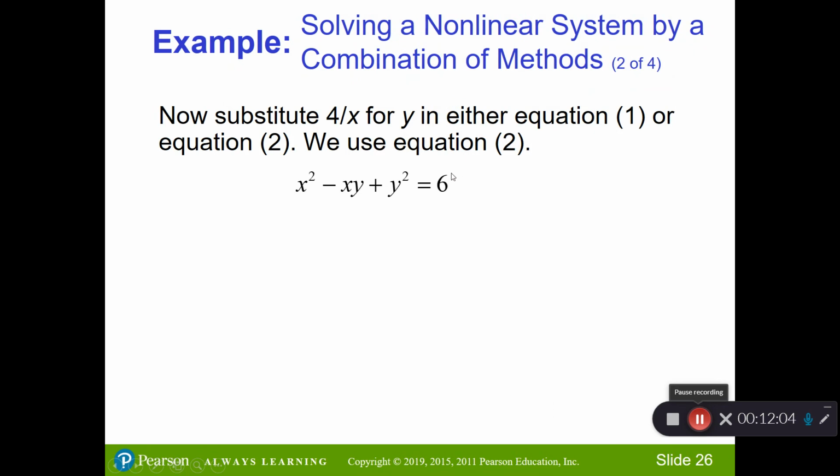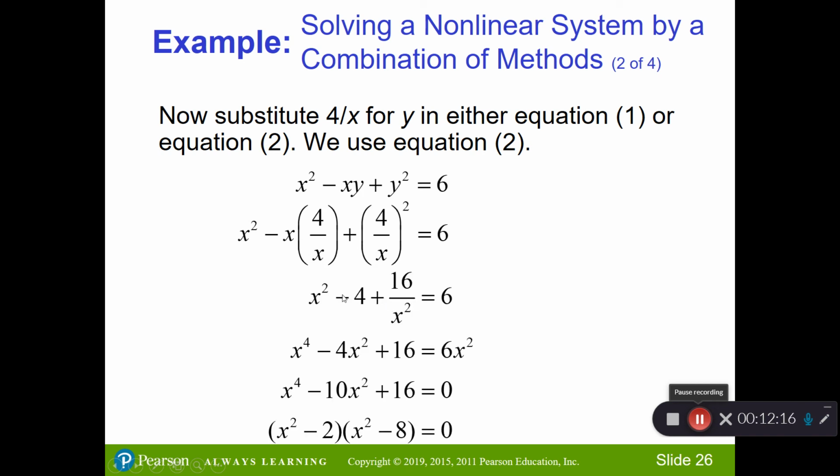Now, we can substitute that into either equation. So substitute it into this equation. We're replacing all the y's with 4 over x. So I would have, after I do a little bit of math here, right, these x's would cancel off, and I'd have x squared minus 4 plus 16 over x squared when I square this term equals 6. So I can multiply through by x squared and get x to the 4th minus 4x squared plus 16 equals 6x squared, right? Because when I multiply by x squared times each one of these